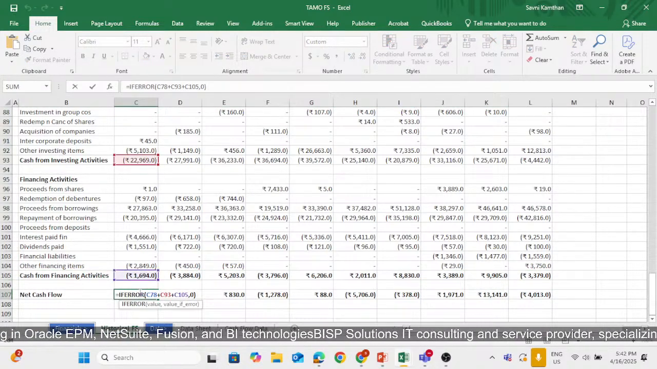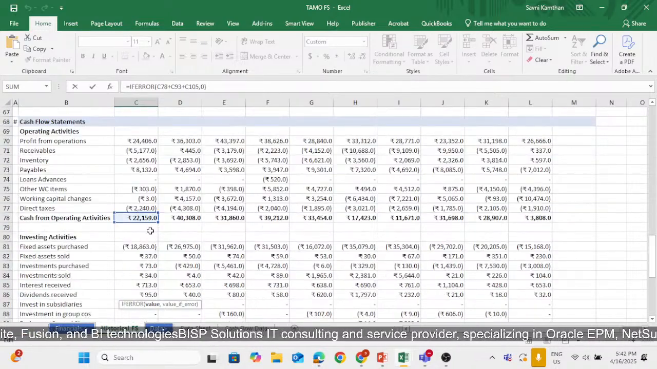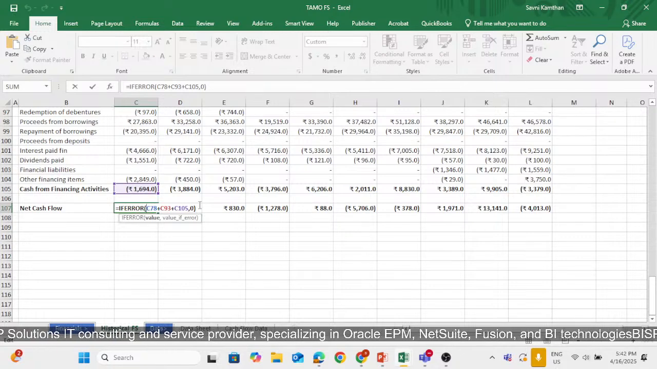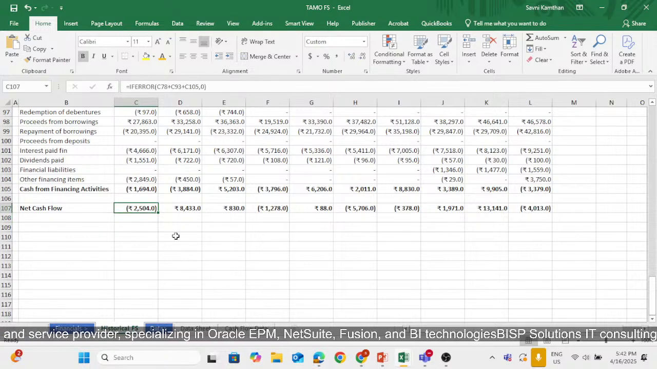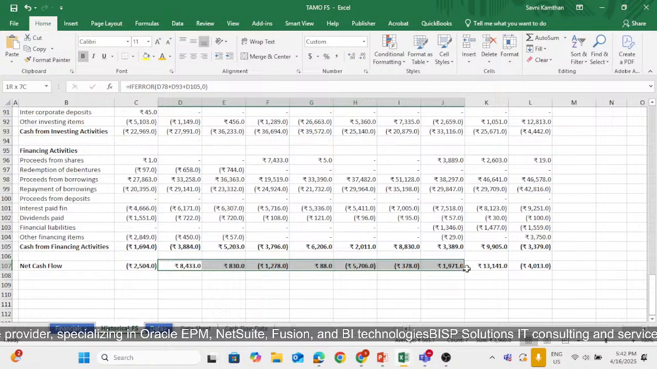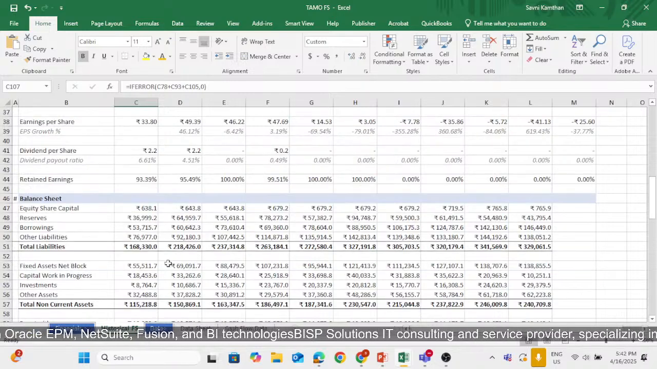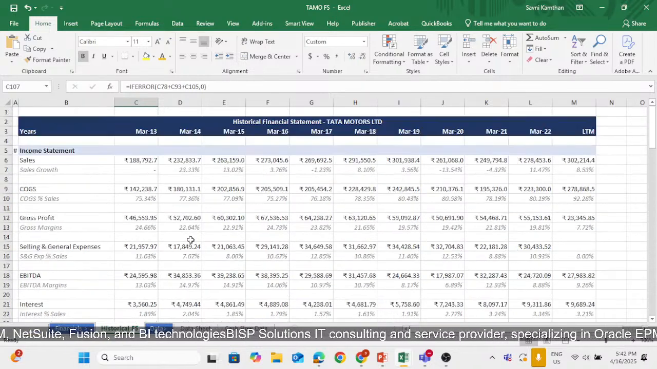After that we will be doing IFERROR, and if we want to calculate our net cash flow, we will be adding this cash from operating activities, cash from investing activities, and cash from financing activities, and then giving comma and 0, and it will be showing us minus. Like that only we will be dragging this formula till last, and it will make our cash flow as simple as that. So this is how we make financial statements of our Tata Motors, or you can take any company